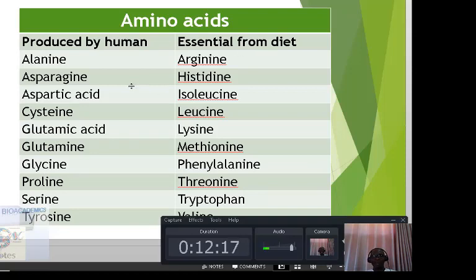The essential ones include arginine, histidine, isoleucine, leucine, lysine, methionine, phenylalanine, threonine, and of course valine. Those are the essential amino acids. So the names might sound a little bit weird and sort of difficult for you to remember,